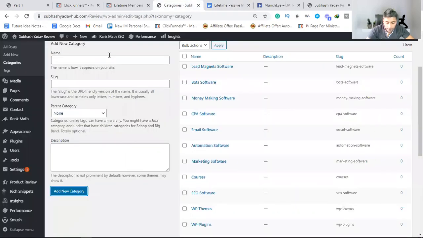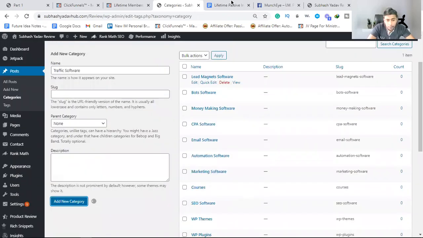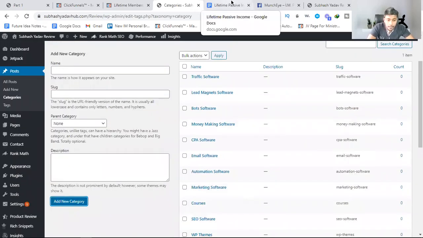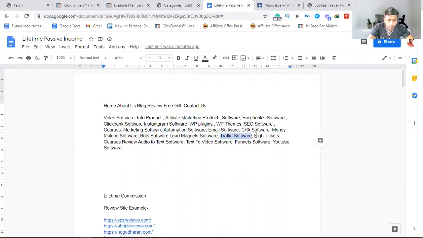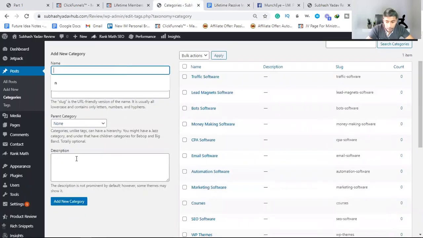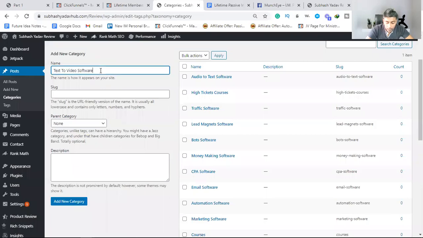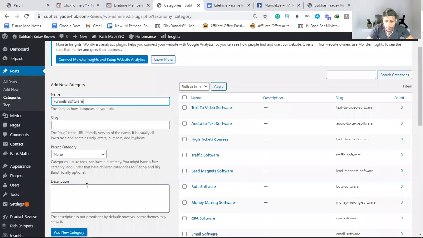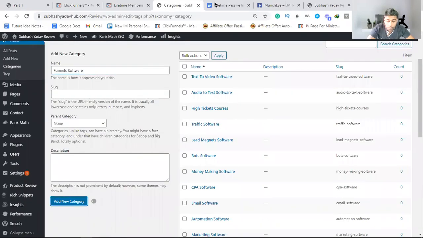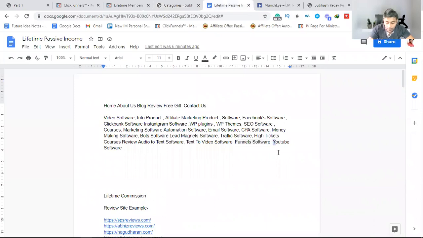Okay, so you can see a lot of categories, approximately 20 to 30 categories of products launching every single day and every single month. So you can create all the categories here. Some software launching like text to speech, and some software launching about building a funnel, and some other software.